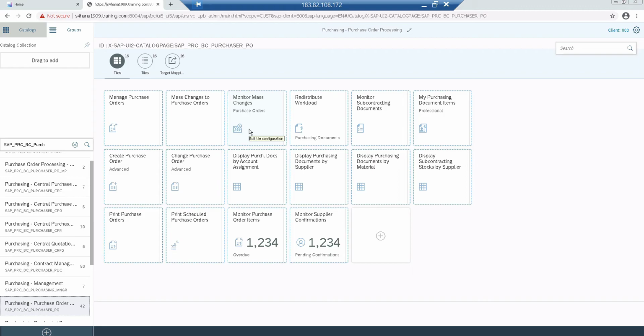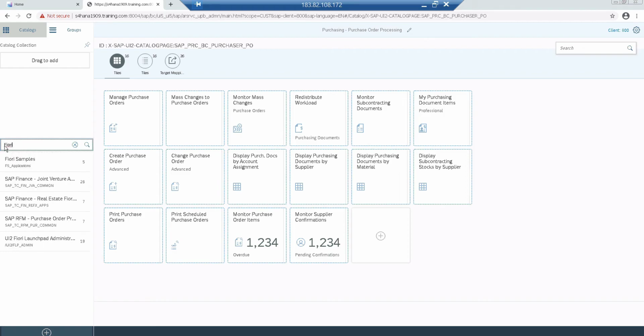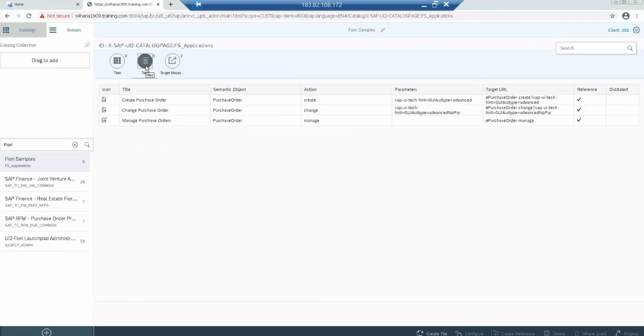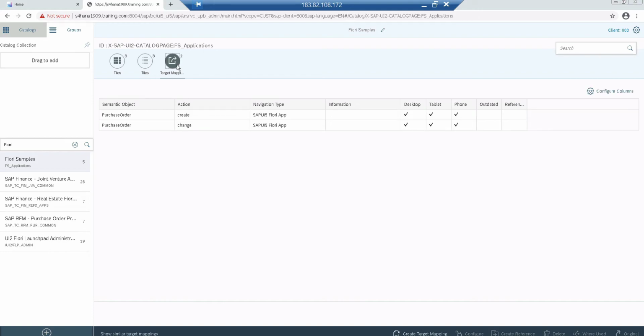Whatever issue I just received, it's a very minor issue, just redo it, you will get it. So now I go with my catalog, Fiori samples. So already the reference is already available. So manage order, just go to tiles, make sure the reference is already available. Yes, it's done. And I need to do the target mapping